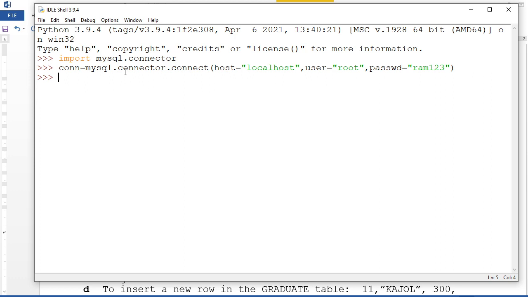Cursor. Yeah, we are going to create the cursor object. See, in MySQL it is being done okay because you are writing the SQL queries and they will be interpreted. But here you have to think like a program, is it? So I'm going to write here cursor equal to connection dot cursor. Okay, see, this cursor is there.